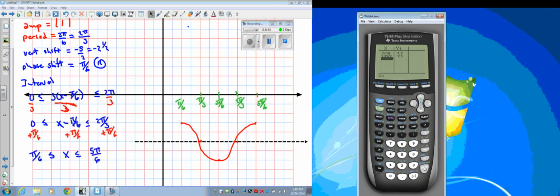What would be the next checkpoint that you'd want to check? That 3 pi over 6, or is that say 3 pi over 6? That's pi over 2, isn't it? Isn't that right? I can't see from here. It's the green